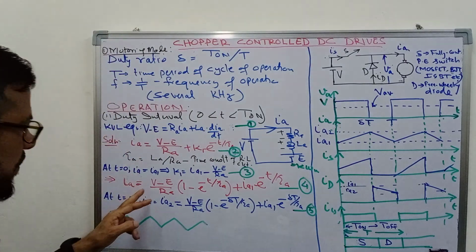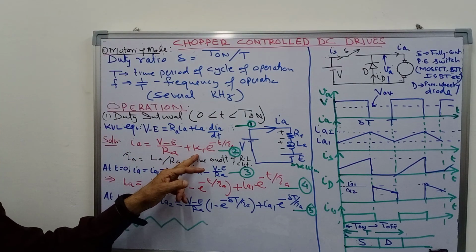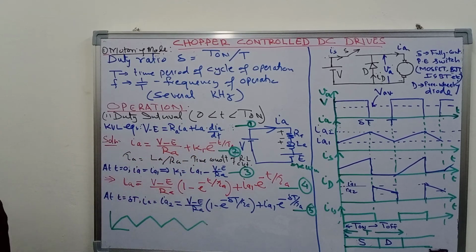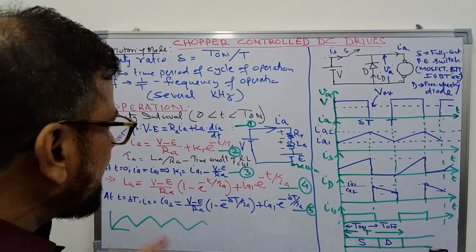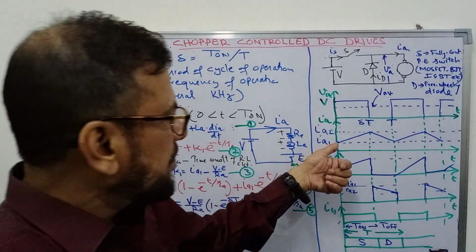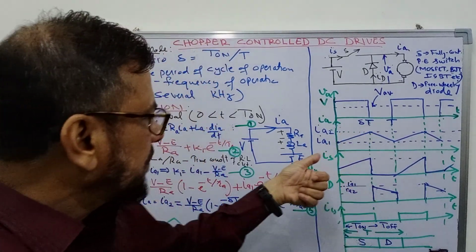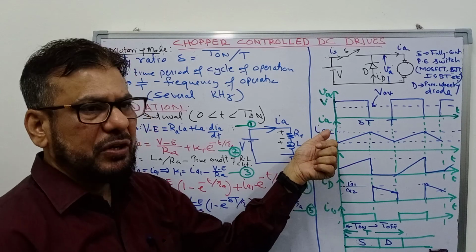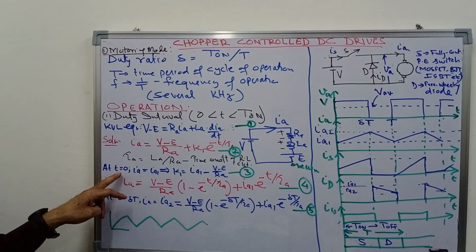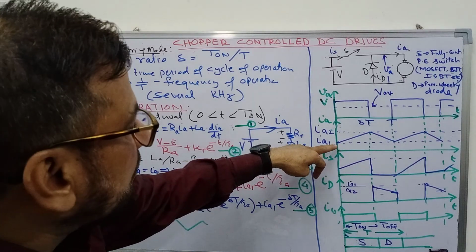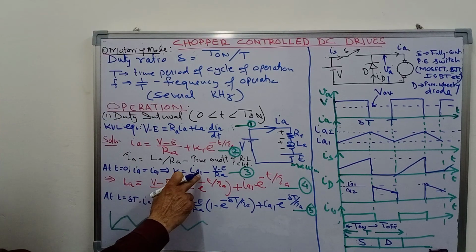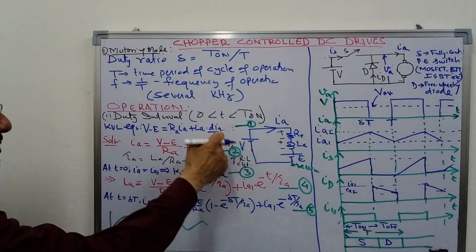Now you must know the value of K1 to write this equation. So K1 can be obtained from any boundary condition. As I said here also, the current in steady state will fluctuate between two fixed values, minimum value and maximum value. So the minimum value I am calling I A1, the maximum value I am calling I A2. So from the boundary condition, at t equal to 0, the current is equal to the minimum value I A1. So let us put the value here and you will get the constant K1 equal to I A1. So when t equal to 0, this term will be equal to 1.